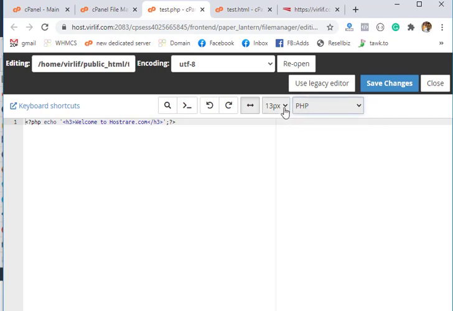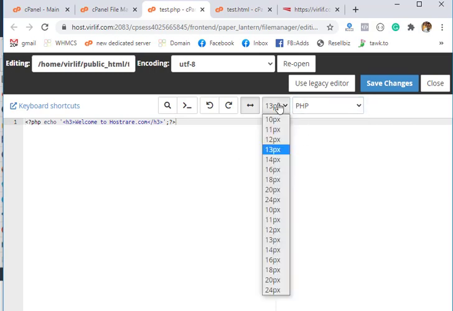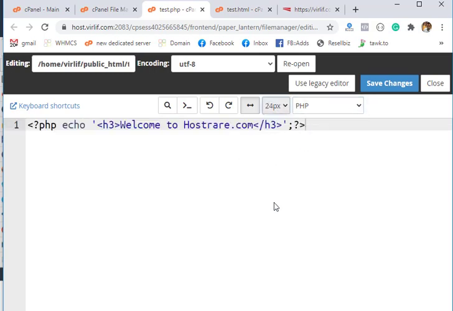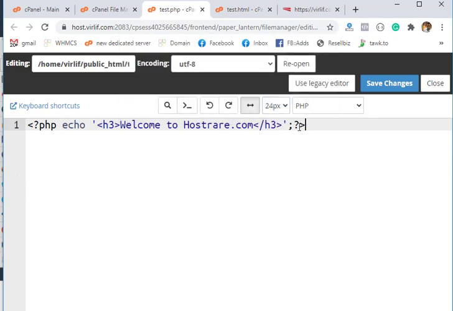You don't need to assign the language here. You can change the font. It's just the code view font size. You can undo, redo, and you can go to a line number. If you want to go to line number 5, you can easily go there.